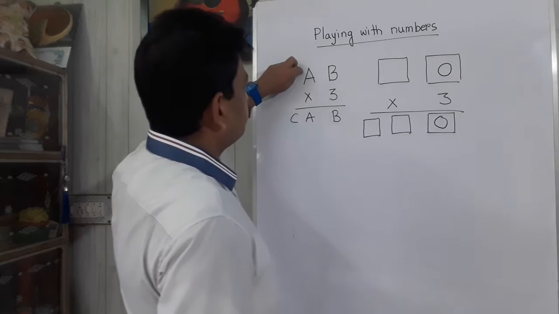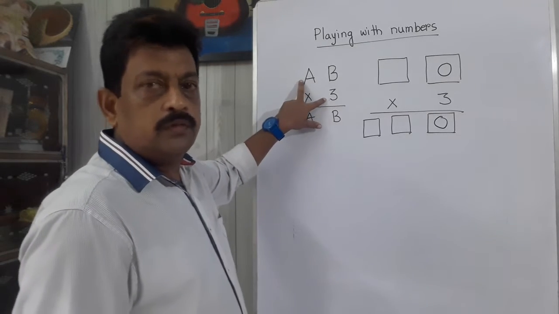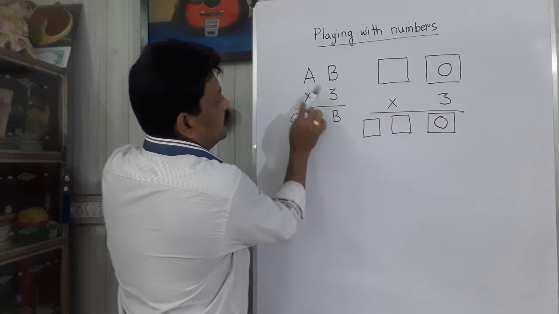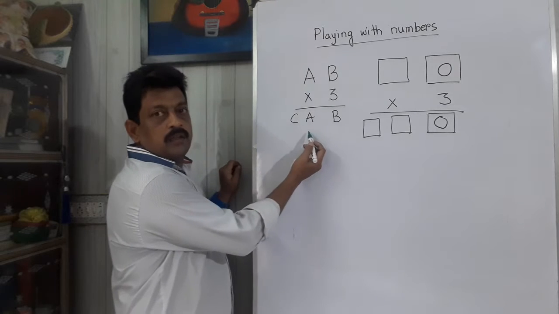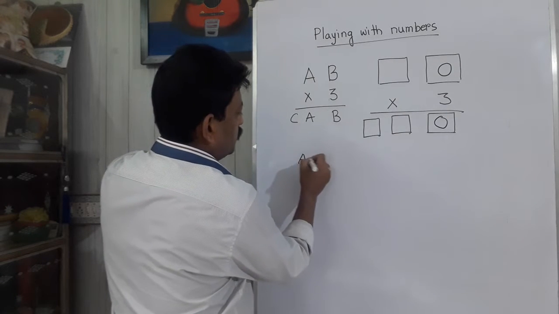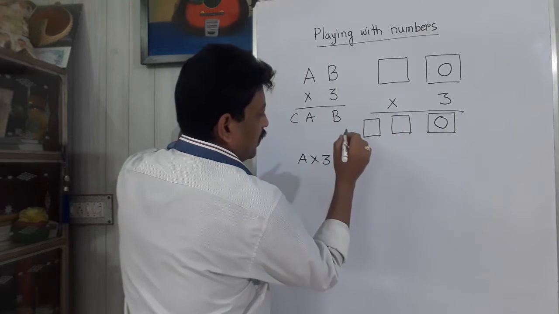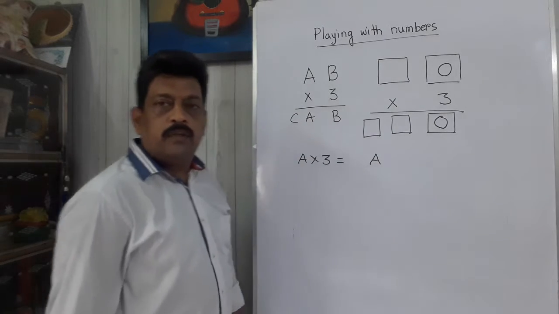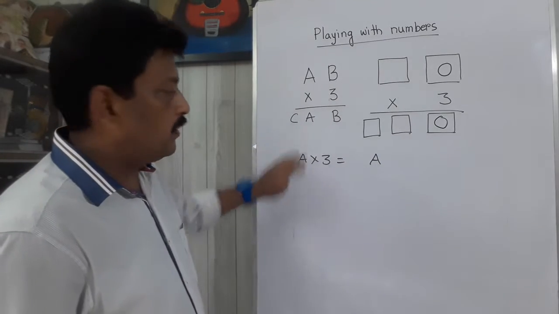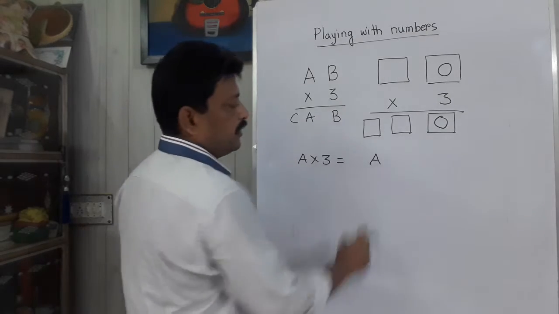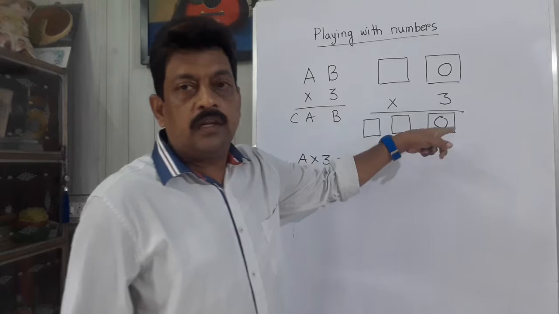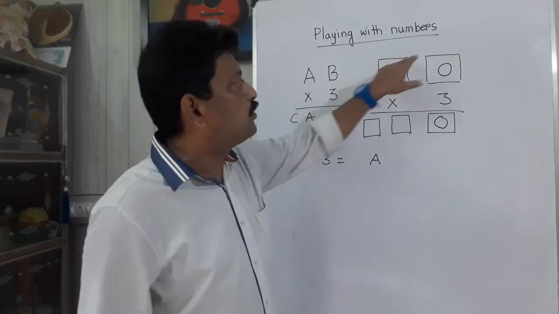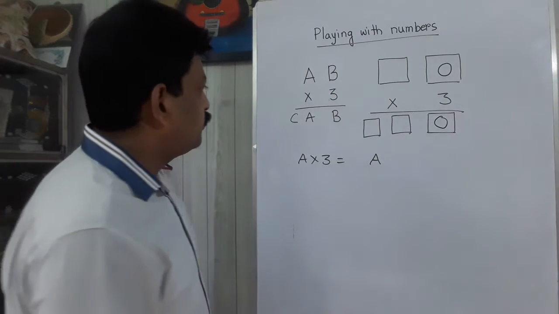So now again we are back to the same thing. If you multiply the number here with 3, we have to get the same number here. So A into 3 will give such a number whose units place will be A, and the tens place can be any number other than A. Now which number? A into 3 will give A. We have just seen here that it is either 0 or 5. So we cannot put 0 here, then both the numbers will become 0 0. It is absurd. Naturally we have to put 5.